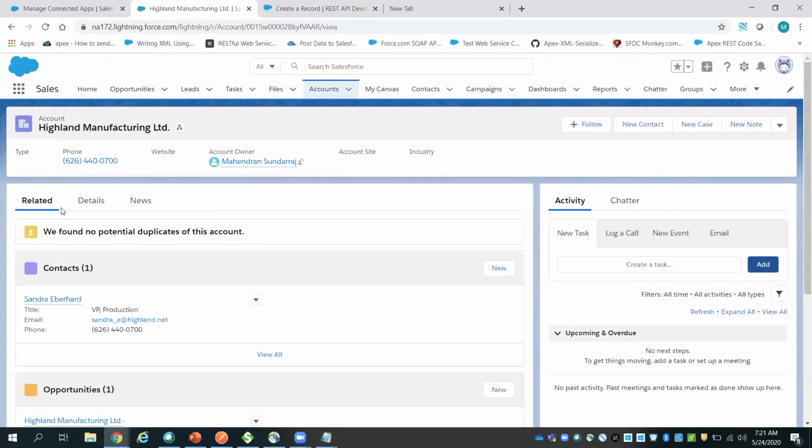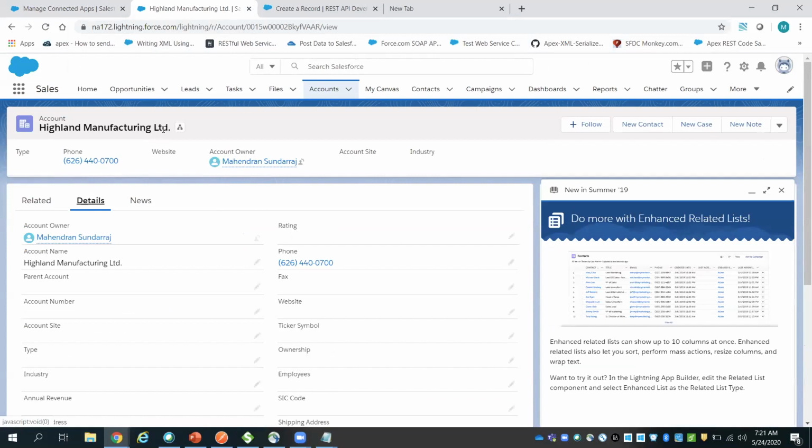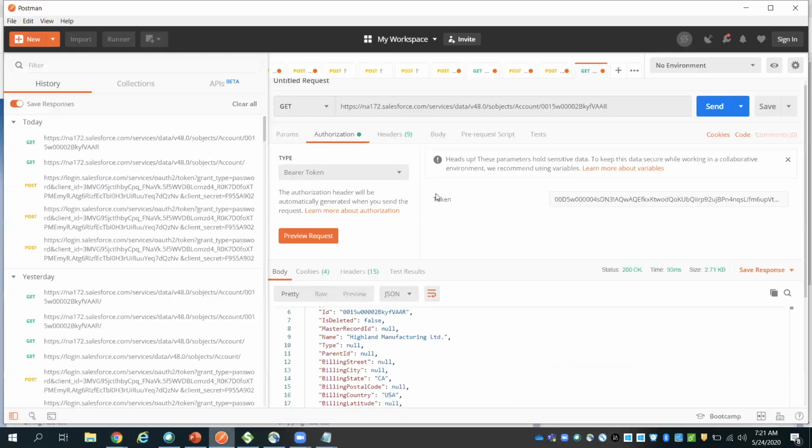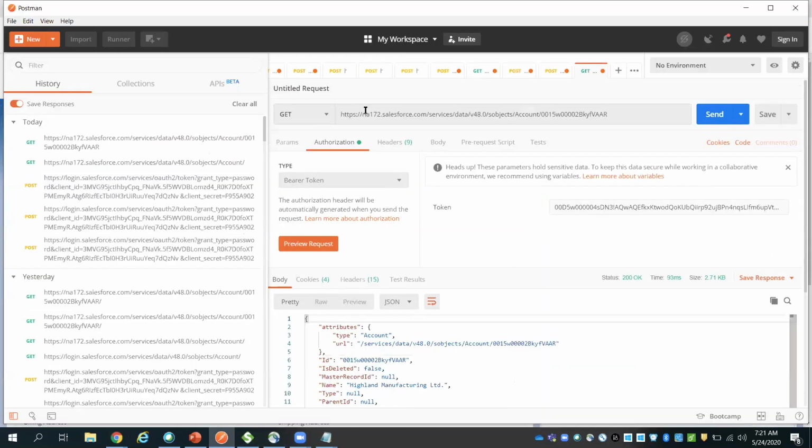Whatever you see right here, this Highland Manufacturing Limited, using this Postman, I was able to get all the things using the GET protocol. This is the endpoint URL, GET is the protocol. So it is the HTTP request that I'm sending, and for this I'm sending this authorization token. With this, I can get all the data.